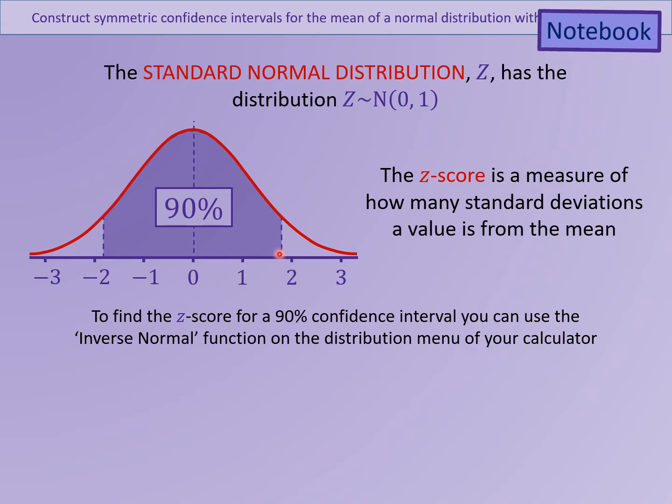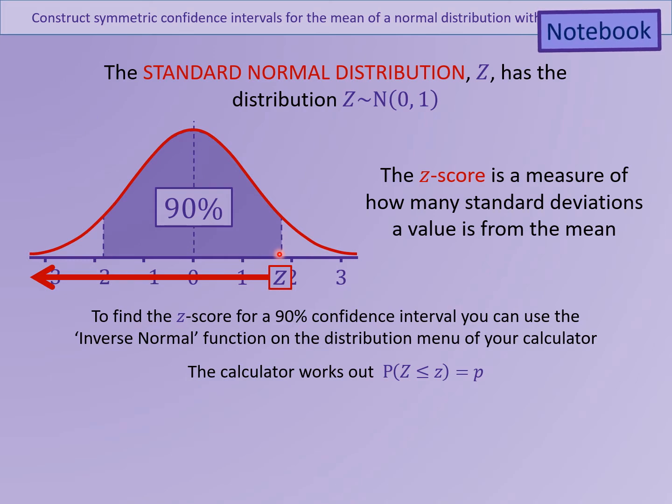To find a z-score, we can use the inverse normal function on the calculator. This is found on menu 7, which is the distribution menu. You would go to inverse normal, and you would need to put in the value that would get you a 90% confidence interval. Now the calculator works out the probability of Z being less than or equal to a particular score. So if we want to know what Z value to use for this confidence interval, we would need to